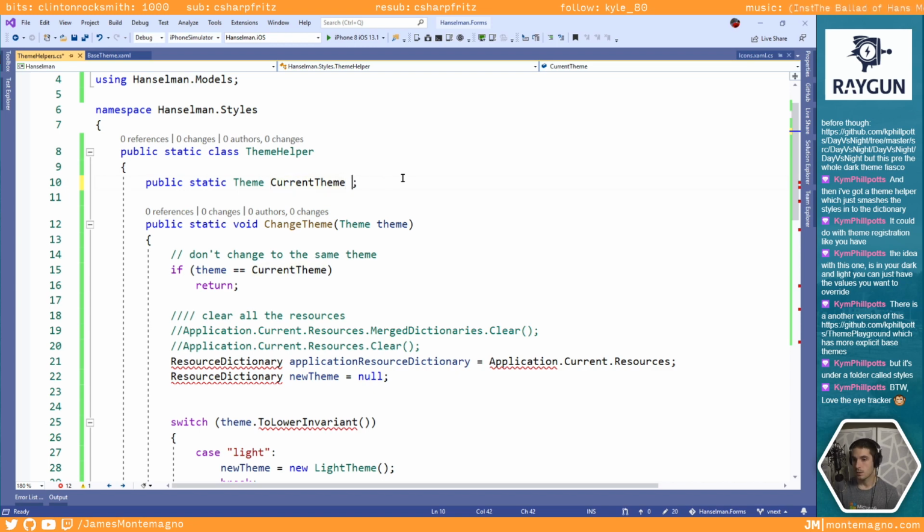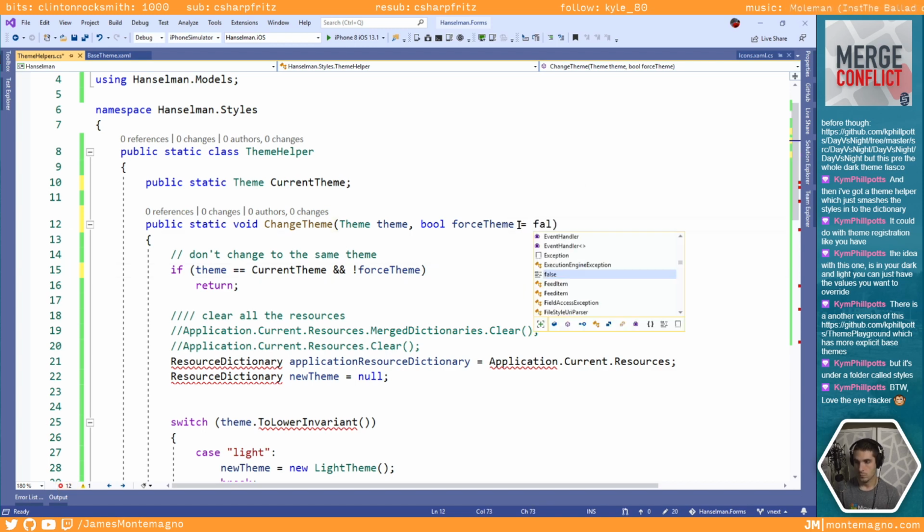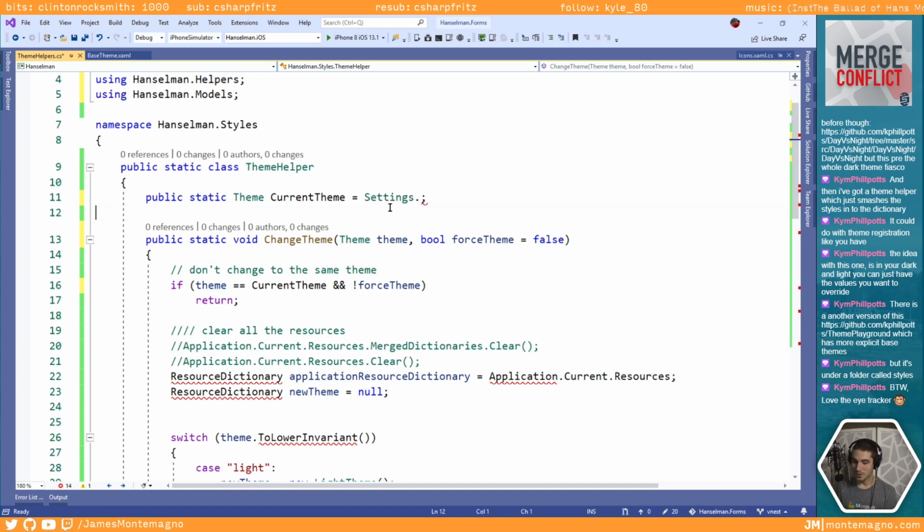And the theme, this could be equals. You can do something like that. And then this could just be like equal settings, dot. It also works as a Windows Hello, which I'm very into, so